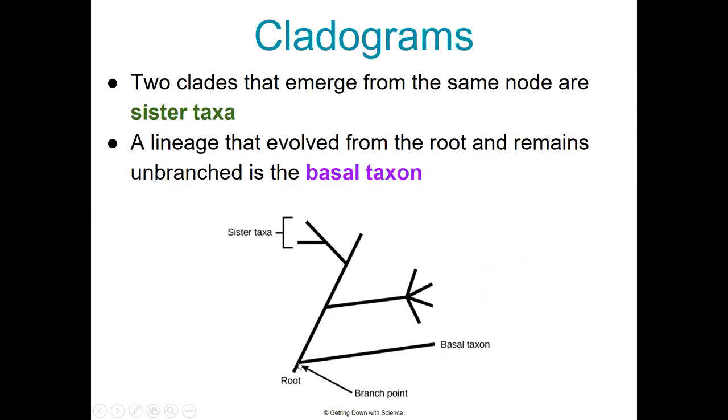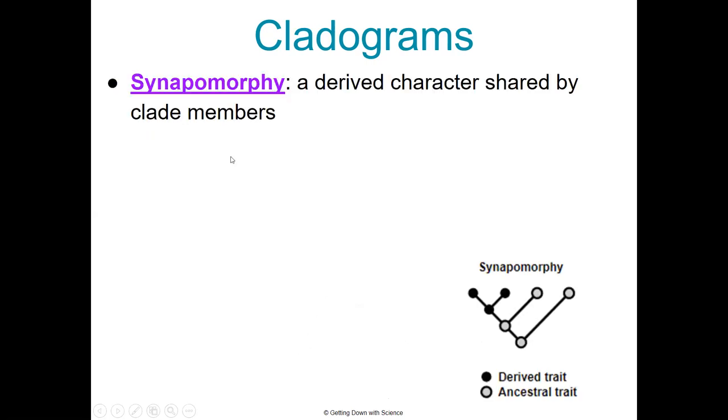So here's our root. The basal taxon just spreads straight out. It doesn't do any further branching, whereas all of these branches up here, these are our sister taxon. Okay,